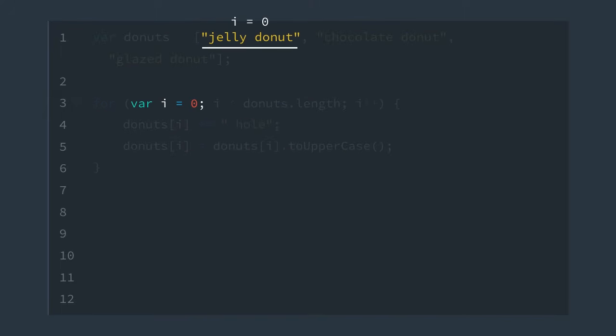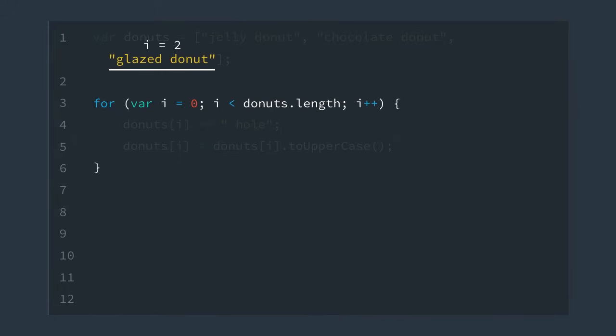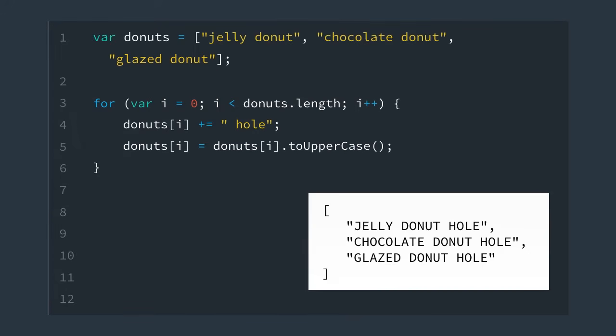To loop over the array, you can use a variable to represent the index in the array, and then loop over that index to perform whatever manipulations your heart desires. In this example, the variable i is being used to represent the index of the array. The loop keeps going until just before donuts.length is reached, and then donuts[i] is used to change the names in the array. So this is pretty cool, but since we're working with an array, we have something even better